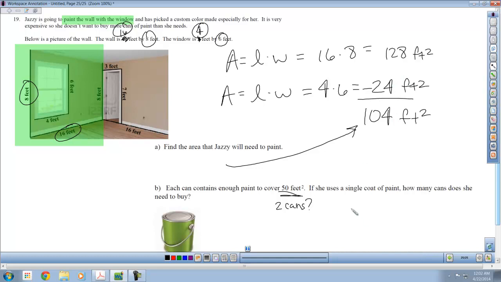So she actually needs how many? 3 cans. Okay, having too much is fine. Not having enough to cover, you can't have that. So if it goes past, you have to round up to the next whole can. Alright,